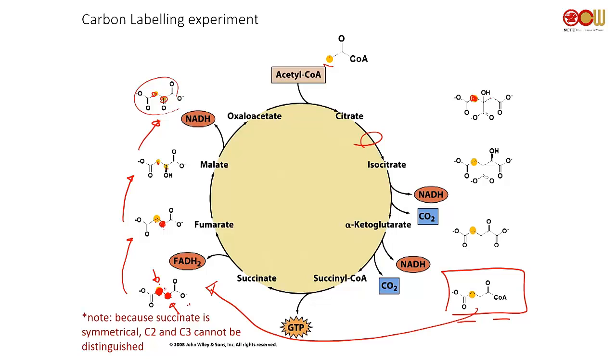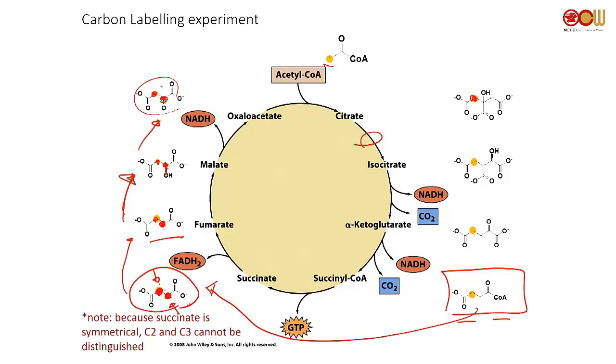As a result, when your enzyme reacts succinate to fumarate, 你的 C2 跟 C3 都会被 label。你去 measure 你的 fumarate，你就会有 C2 被 label 的 fumarate，也会有 C3 被 label 的 fumarate。因为 fumarate 本身也是 symmetrical。然后你到 malate 的时候更是如此。到 oxaloacetate 也是，这边会被 label，这边也会被 label。